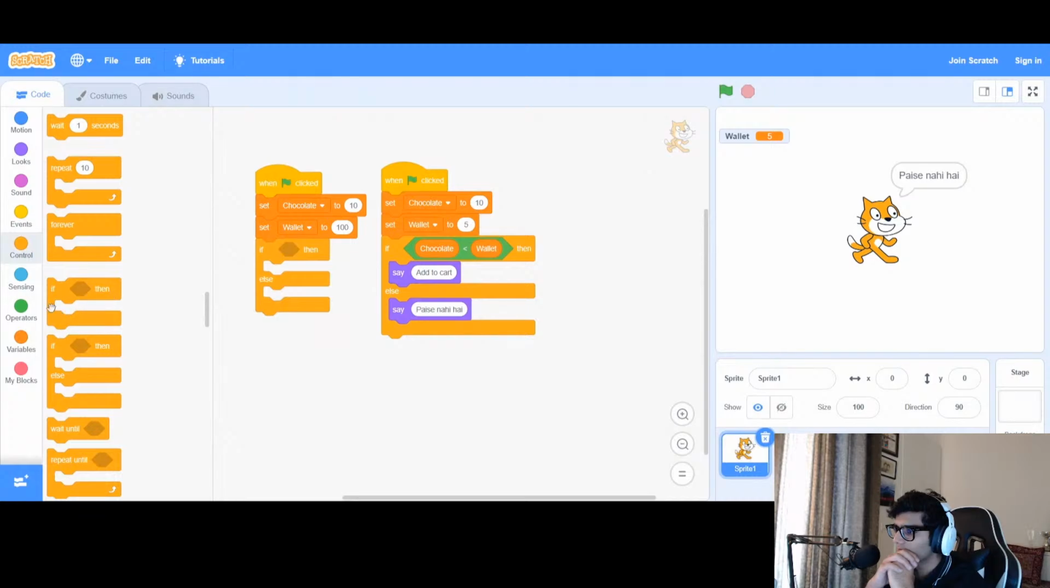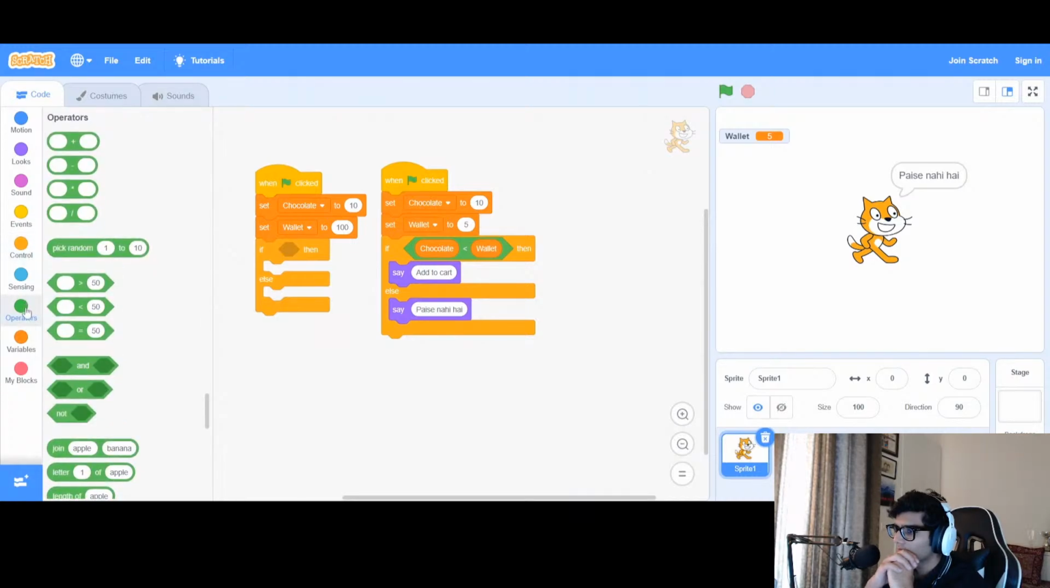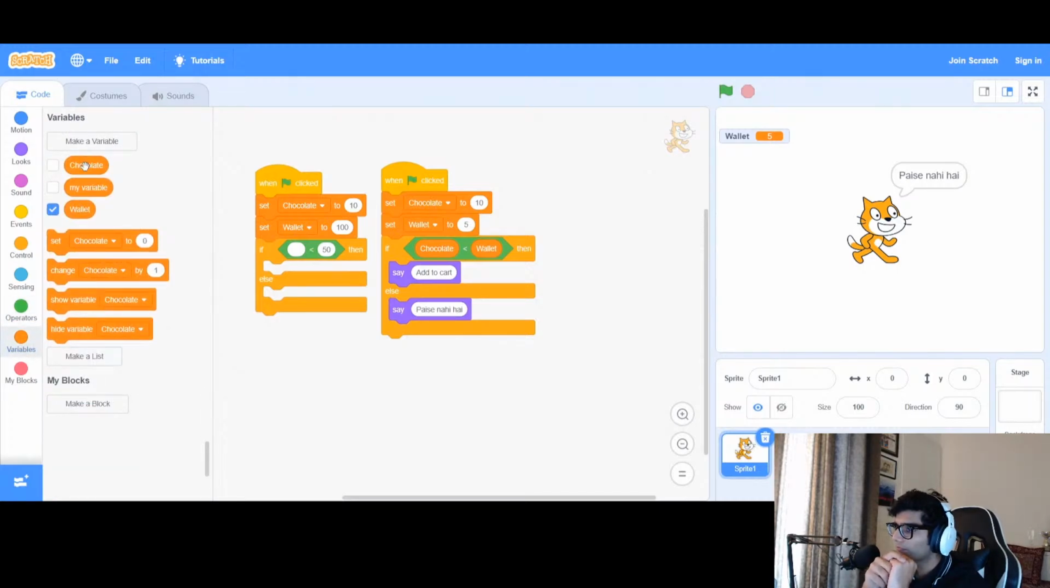तो उसके लिए कंपैरिजन के लिए हम गए ऑपरेटर्स में। ऑपरेटर्स में से हमने ये वाला ऑपरेशन उठाया, इसको उठा के हमने इधर ट्रैक कर दिया। अब ऑपरेटर के अंदर किन 2 वेरिएबल्स को हमें कंपेयर करना है, उसके लिए हम वापस आए वेरिएबल्स पे, वेरिएबल्स पे आके हमने यहाँ पे डाली चॉकलेट और हमने यहाँ पे डाला वॉलेट।